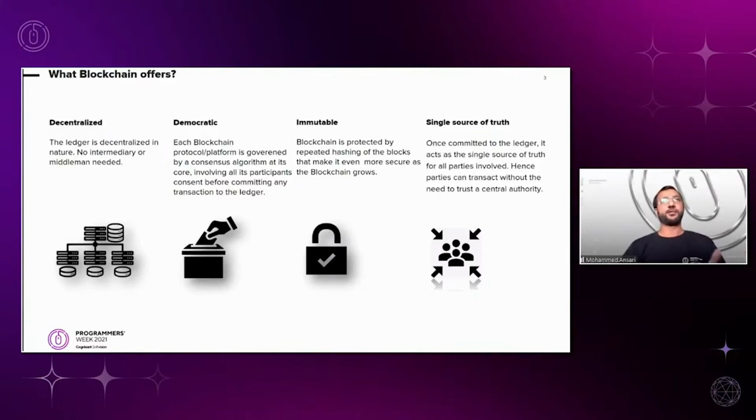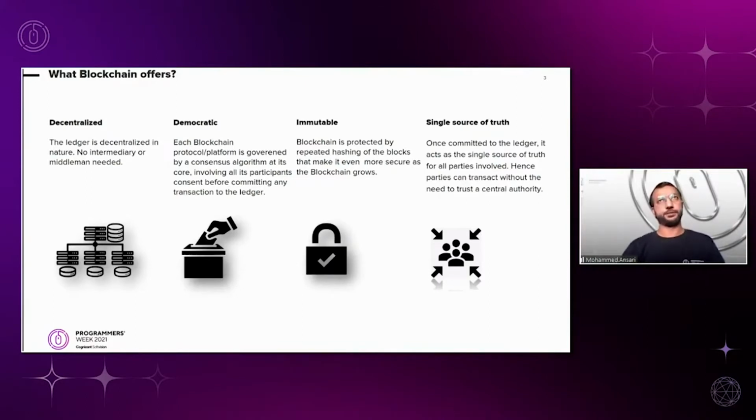Now, decentralized differs from a normal system. A normal IT or software system would be controlled by one party. On the other hand, a decentralized one is generally controlled by a group of people or nodes. They're called peers in a network. Now, some of the main features that blockchain offers: it is decentralized or distributed. The ledger is replicated in a distributed fashion. This facilitates the absence of an intermediary or controller. This basically facilitates the absence of a middleman. So you don't have to depend on a middleman in order to carry out a transaction.